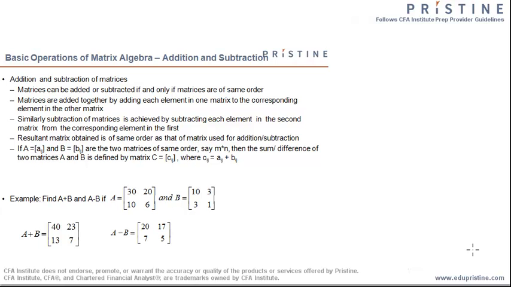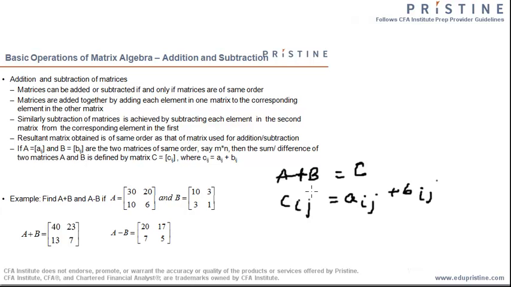We will now discuss basic algebraic operations on the matrix, starting with addition and subtraction. Addition and subtraction of matrix basically follows a simple law that you add the corresponding elements or subtract the corresponding elements of the matrix. So if A and B are two matrices which are being added to yield a new matrix C, so Cij, that is ij element in the matrix C, would be Aij plus Bij, that is the sum of the corresponding elements of the two matrices.